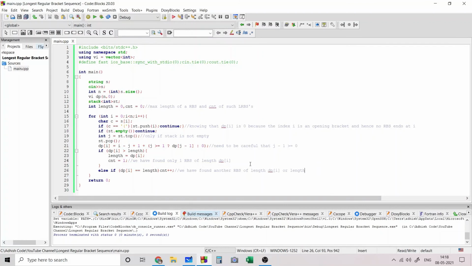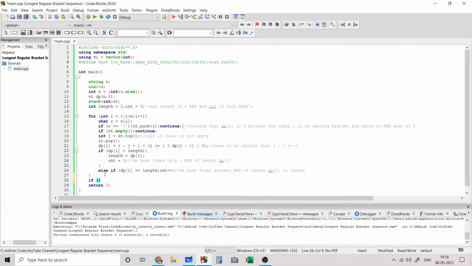The reason why this works is because dp of i actually refers to the longest bracket sequence ending at i, and hence we can just increase count whenever we find a bracket sequence of the same length. And if we found a bracket sequence of a longer length, then we would reinitialize count to 1.